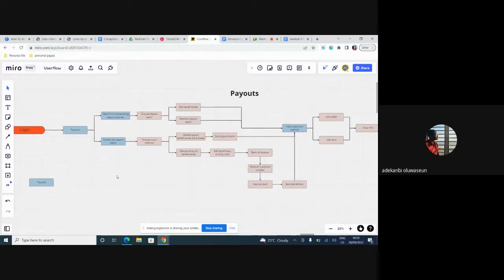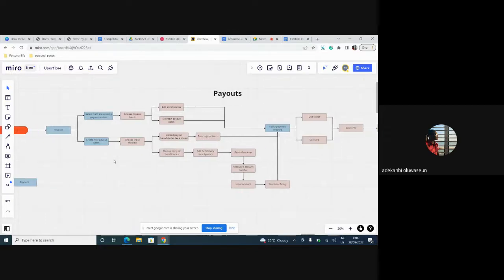Why this is important to you as a product manager is that when your UI/UX person comes, this is what they will be using to map out their wireframes. In fact, this is what you would even use to develop the wireframe we will be building next week. So please let me know if you have any question on this particular area.